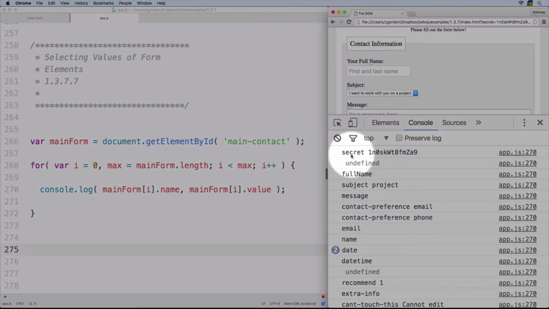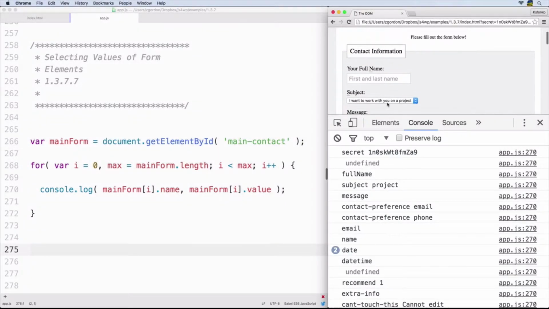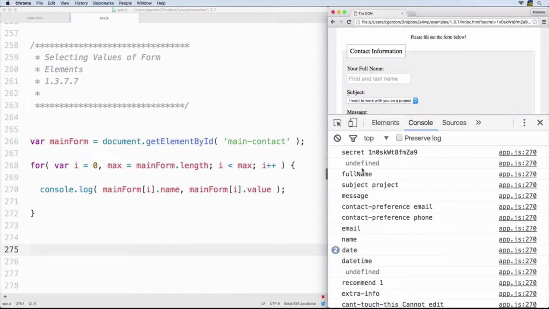Notice that we have secret and then the value of it. We have undefined because this was actually our field set. And remember how I mentioned before, if you loop through an entire form and all of its values, you may have to do different things with different elements. For example, we're getting undefined here, so we'd want in our loop a way to throw this out if it